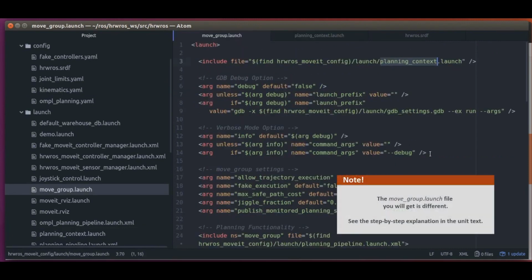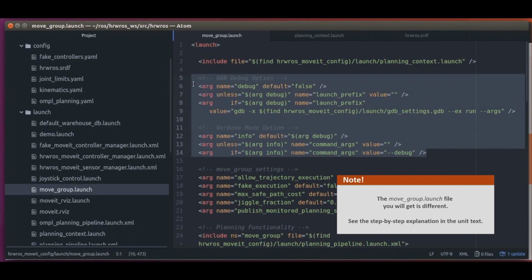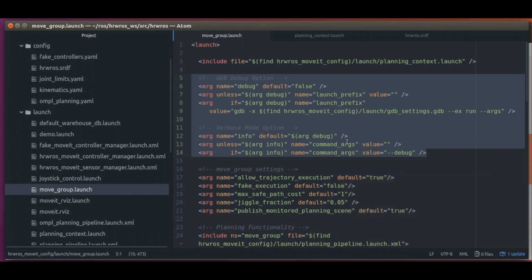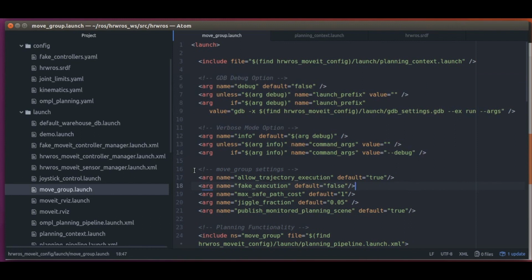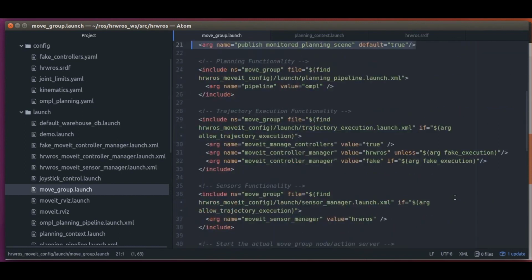Here are two groups of settings related to code debugging settings and logging settings, which we can skip for this course and leave them untouched. Then, we have a few parameters here for the move group node. The first two we will investigate soon. The next two parameters are not necessary for this course as they are associated with advanced MoveIt capabilities such as replanning an alternate path by integrating sensory information. And then the published_monitored_planning_scene is a parameter used by a submodule of MoveIt called the planning scene monitor, which we will also not cover in this course. So let's leave it in its default setting.